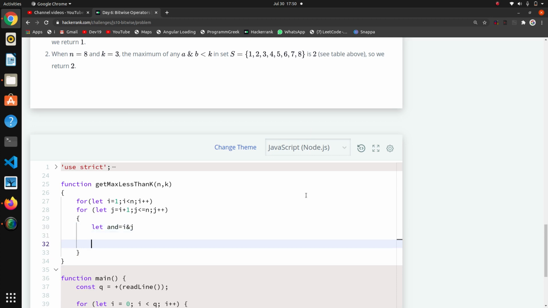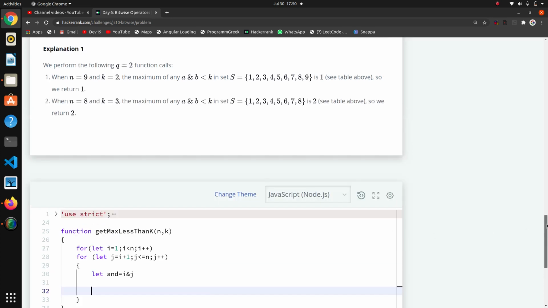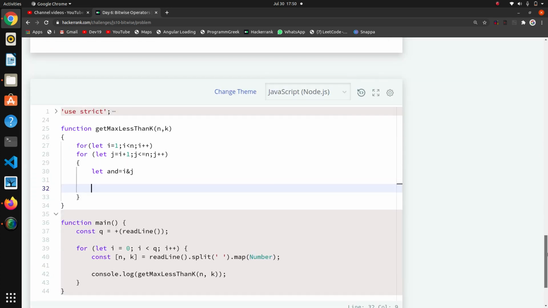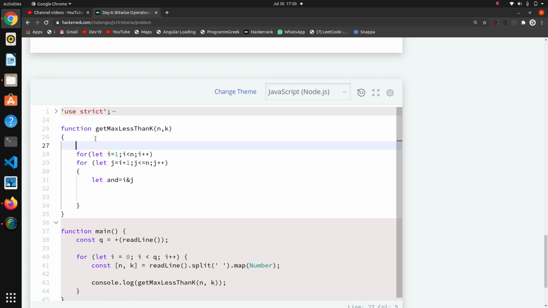Now I have to create one variable where I am going to save the maximum result: max is equal to 0, we can define it. Okay, max is equal to 0.